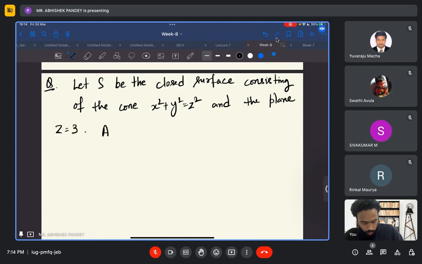A vector field F cap is equal to 3y i cap minus 2x j cap plus z square k cap